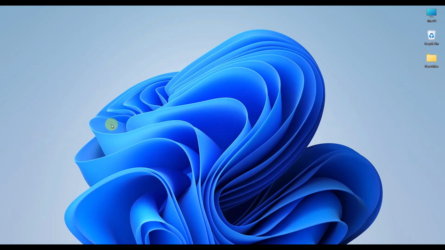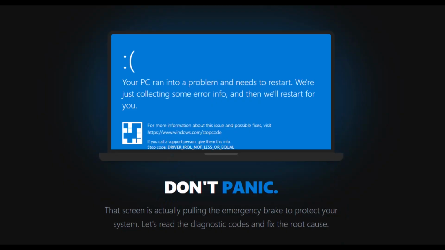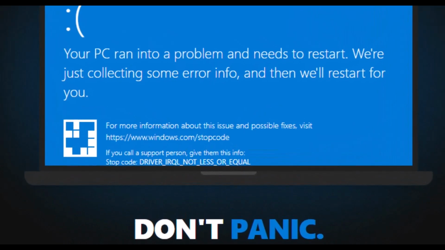If your Windows computer suddenly crashes and hits you with the terrifying blue screen of death, don't panic. That screen is actually pulling the emergency brake to protect your system. I will show you exactly how to read its hidden diagnostic codes, find the root cause, and permanently fix the issue. Let's get started. First, when the blue screen appears, quickly look at the very bottom for a string of